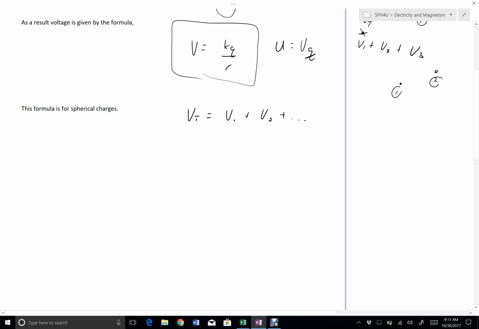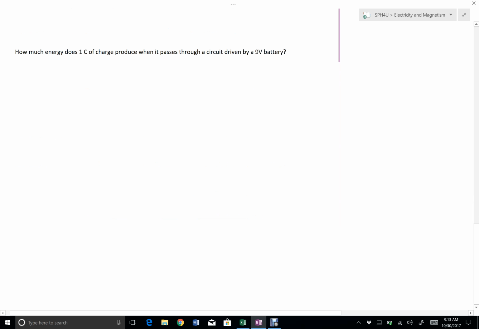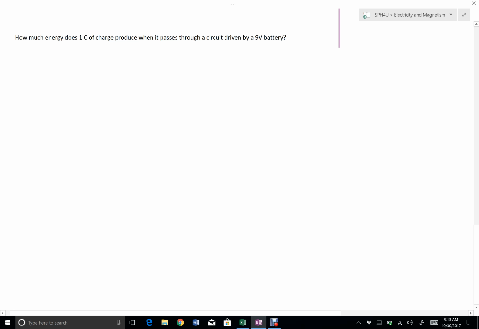Okay, so the other thing to be aware of about voltage is it's a useful way to think about batteries. For example, if we have a 9-volt battery, what we're saying is that we have the potential to provide 9 joules of energy if we allow 1 coulomb to pass through it. So imagine again, here's your battery. Draw it like a little 9-volt battery here. If it's 9 volt, what that means is that if 1 coulomb goes maybe through a light bulb or something like that and then back in the other side,